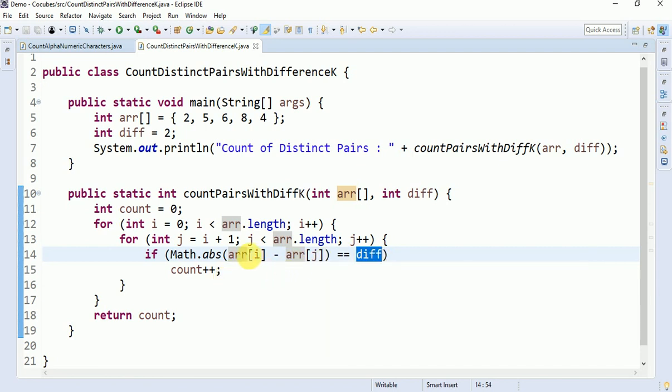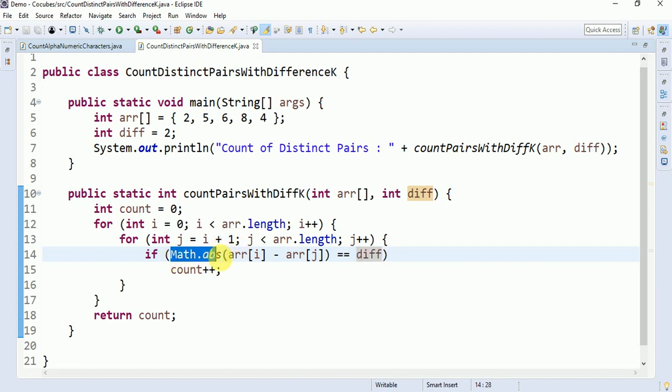So what am I doing? Sometimes you may get a negative value. Suppose you do 6 minus 8 is one combination. So if you do it, minus 2 will never be equal to 2. So this makes a little problem. So in that scenario, whatever it may be, if it is negative, then I want to make it a positive.